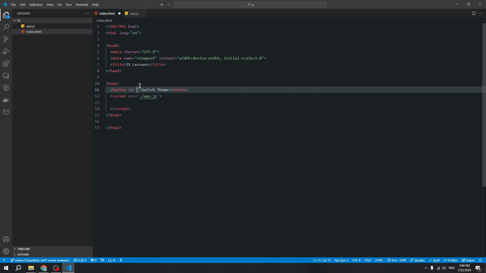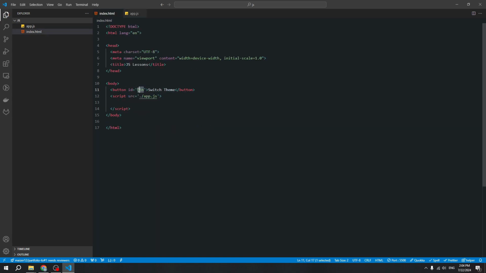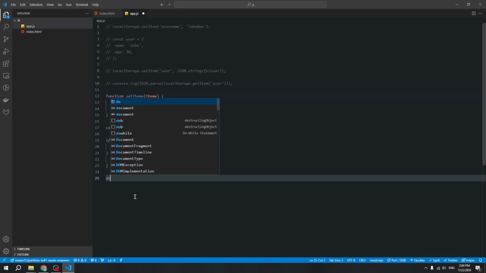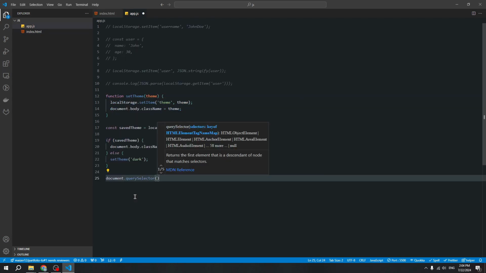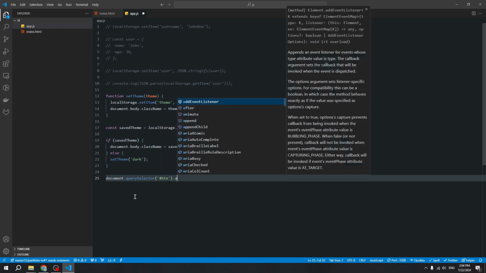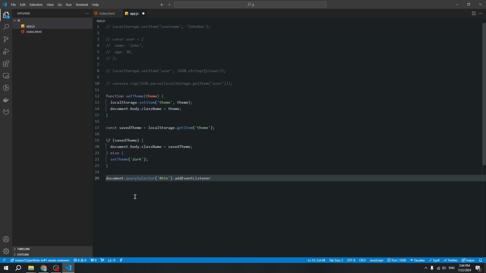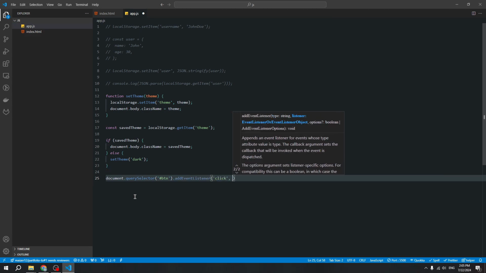We can write btn. Okay, and now we need to use document.querySelector and add the ID of our button, and now we can create an event using addEventListener. It will be click, and